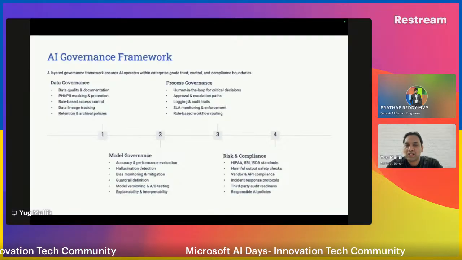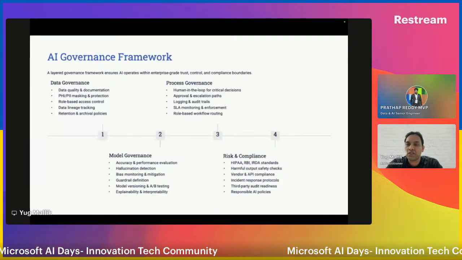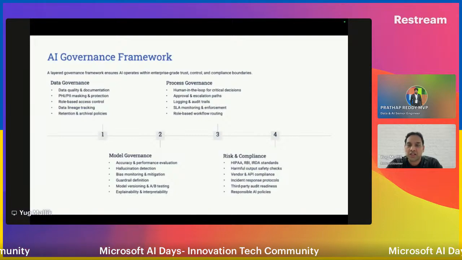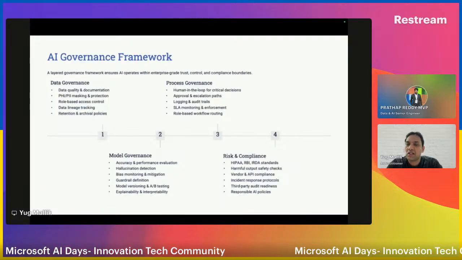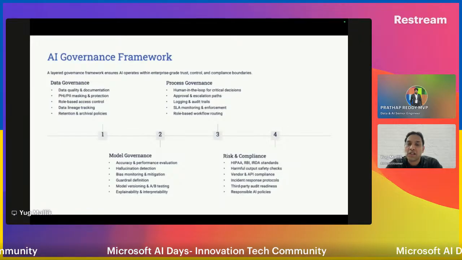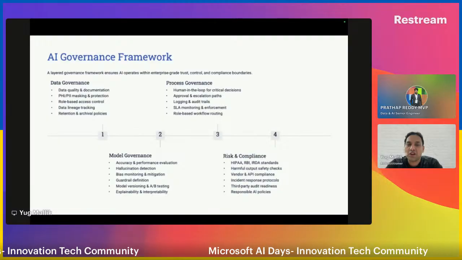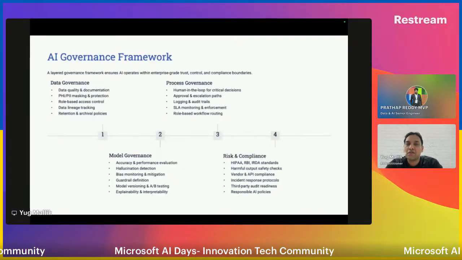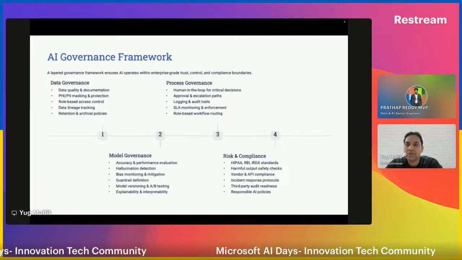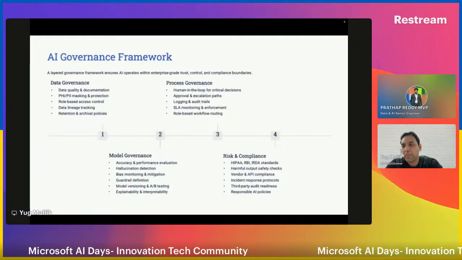Now this is a broad area where we have to ensure that we have governance. One is data governance, where we have to ensure the quality of data we are using for training our models, and what nature of documents we are giving for training our LLMs or SLMs or whatever we are using in our context.